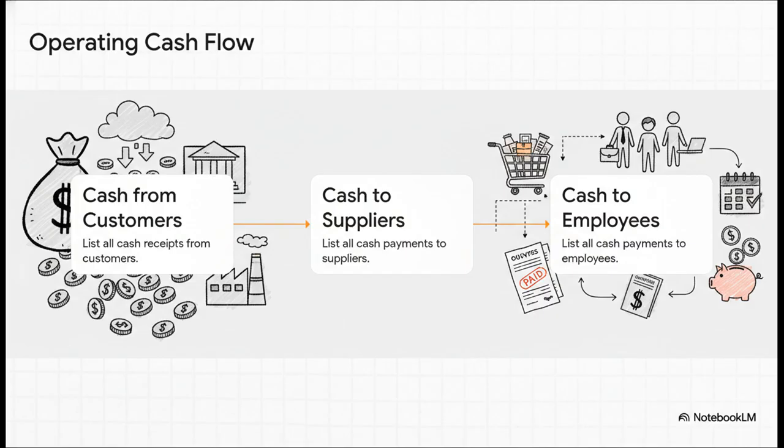Let's really zero in on that first line item, cash receipts from customers, because it is so important to understand. This is not the same thing as revenue. For instance, a company could have a fantastic quarter and report $1 million in sales. That's their revenue. But if they sold on credit and only collected $800,000 in actual cash from those customers, the direct method forces you to focus on that $800,000. That number is a much, much better indicator of the company's ability to generate the cash it needs to survive